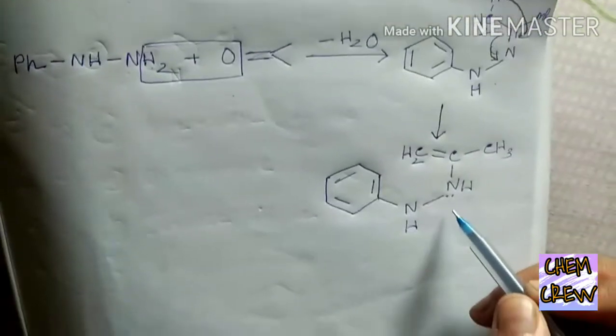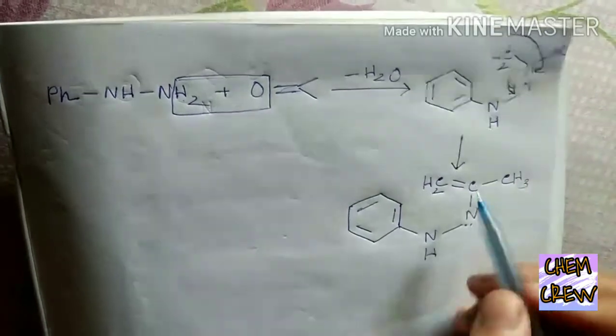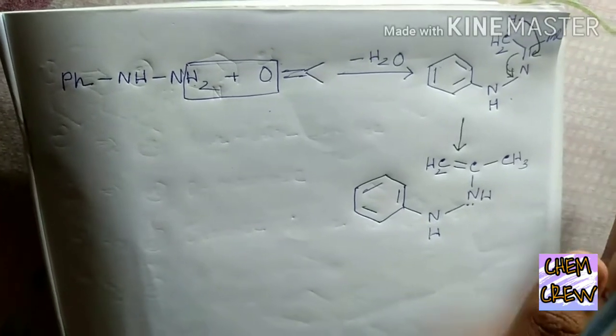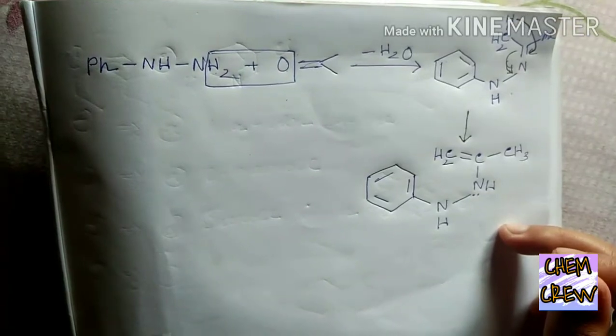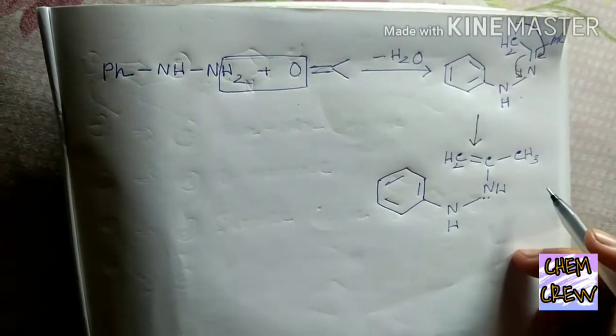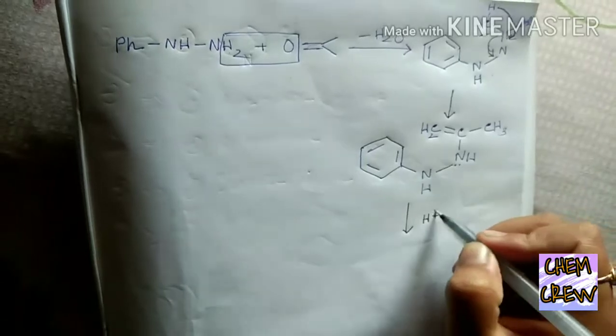It is a type of enamine, and enamines are more stable than the imine because this carbon-carbon double bond is more stable and it is kinetically more stable. To undergo a Fischer-Indole type reaction, the ketone substrate needs alpha hydrogen, otherwise tautomerization can't take place. Now this nitrogen takes this hydrogen.